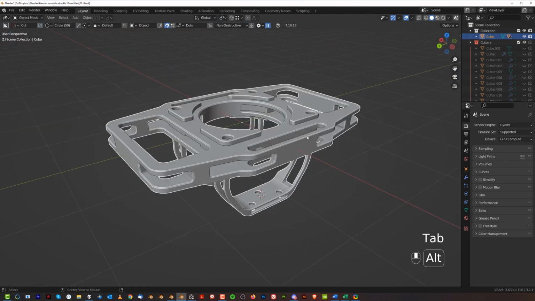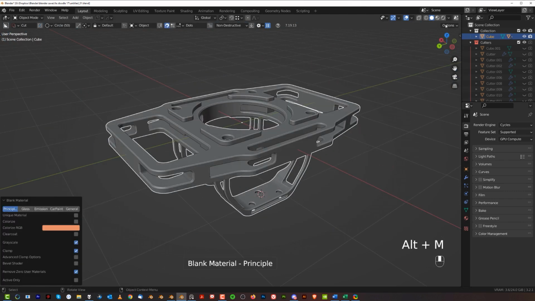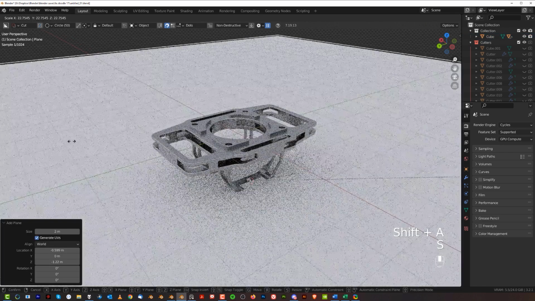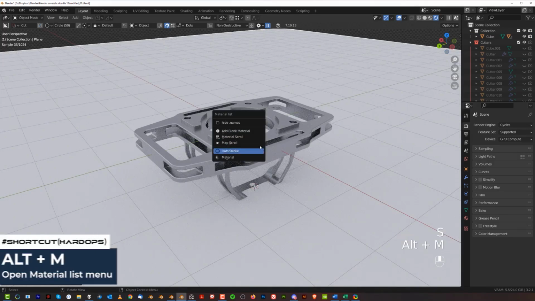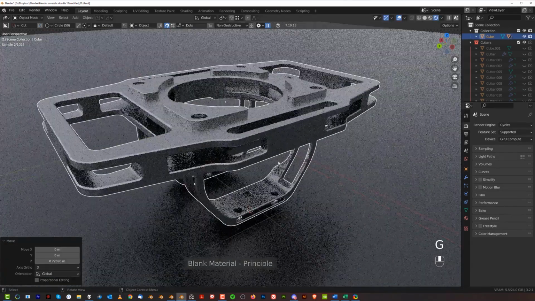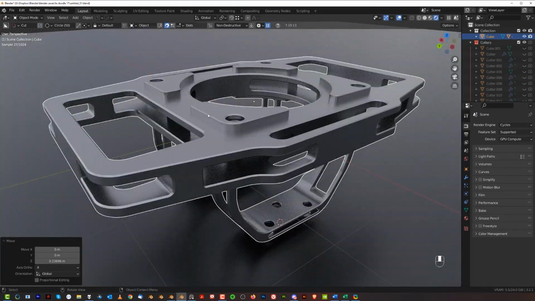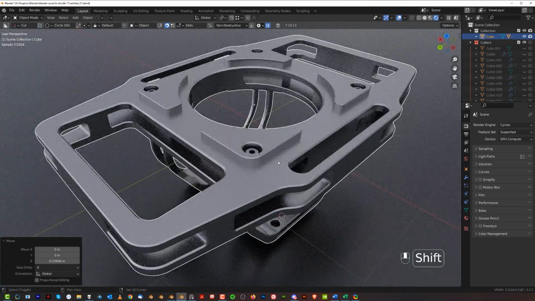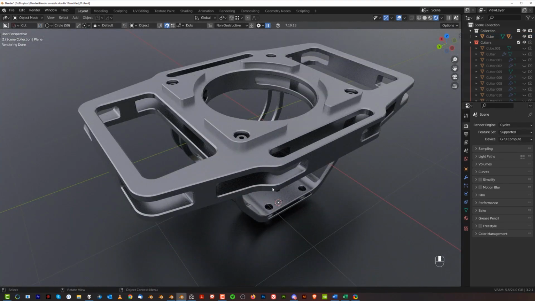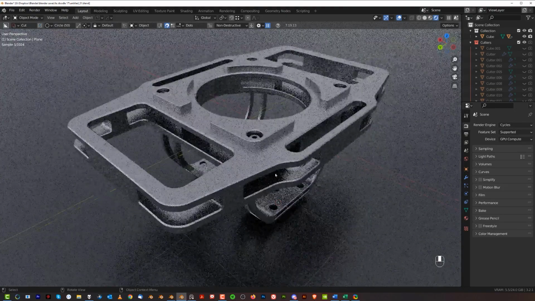So now I'm going to apply a matte to it, just a regular BSDF matte, and go to my viewport and drop some plane here. I'm adding matte with Hard Ops by pressing Alt M and adding blank matte. And you will see how these chamfers are actually reflecting light, and you can clearly see there's a darker area here, brighter and darker, so there's a planar shift, and this planar shift is going to help you create a way more powerful accent to your mesh,